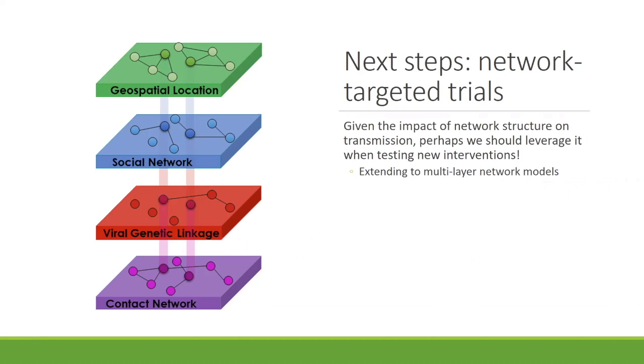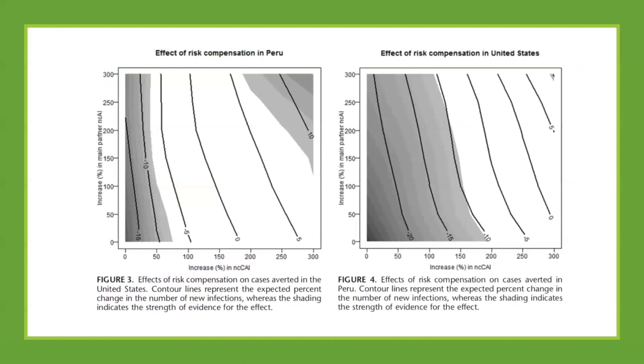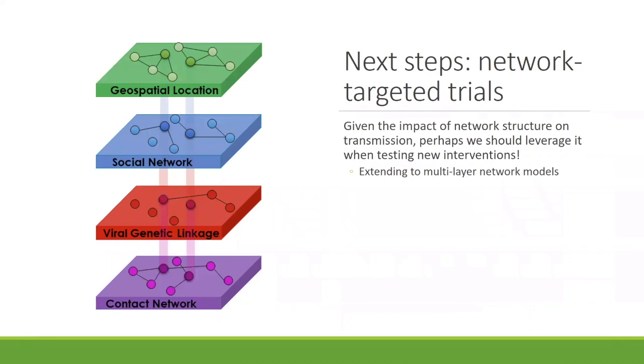All right. So that's the stuff that's actually I've done. Where I'm going from here is thinking about expanding to multi-layer network models. So everything I've talked about so far, we're modeling a contact network, we're modeling transmission over that network, we're changing structure, how the transmission happens, all that, but it's all here in this layer.